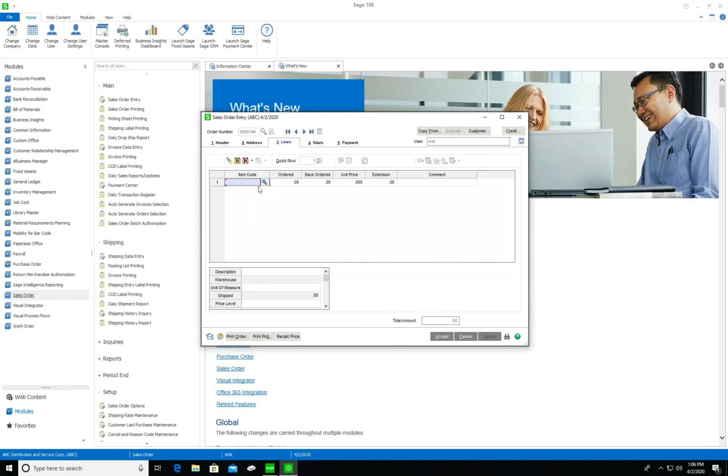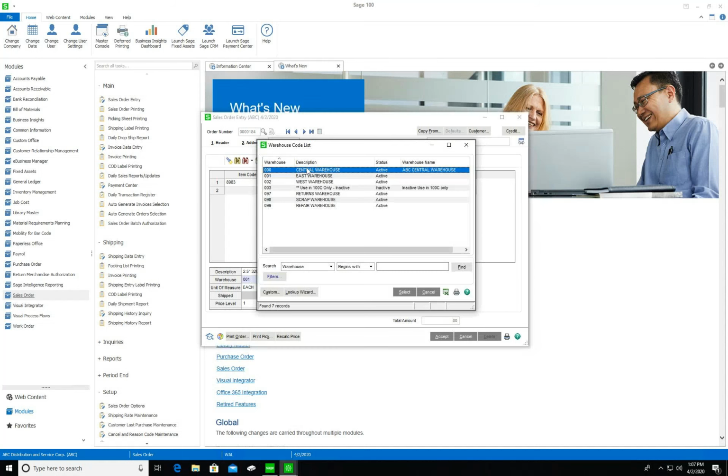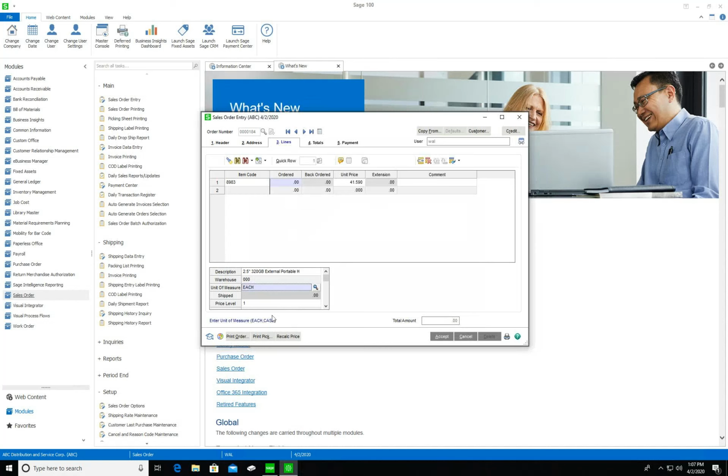From the header is where the line detail assumes. So if I pick a code, 8983, you can see the warehouse it's defaulting to. It already tells me there's 100 each. So as I enter an item prior to a quantity, it's already going to tell me what the system thinks I have available, and it's going to default to this warehouse. So I'm going to go ahead and say, no, I get the orders for the O1, but I want to ship this from central warehouse. And now you notice this one only has 27. So we'll ship out of this one, and let's say they're only going to do 17, make a nice easy number left over after. And I can add any comments here, such as,